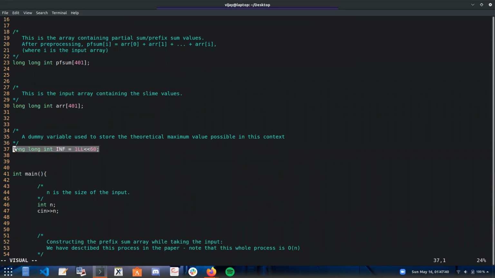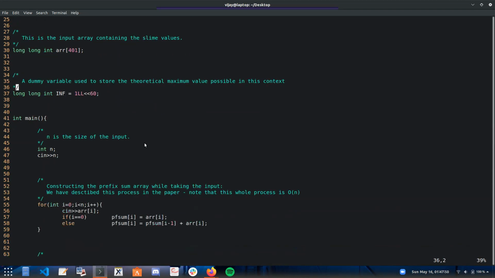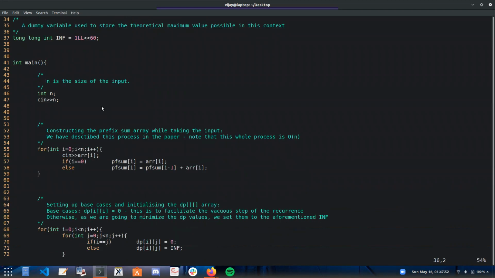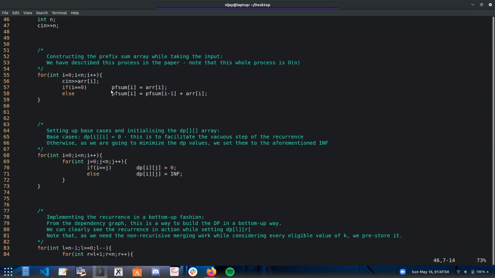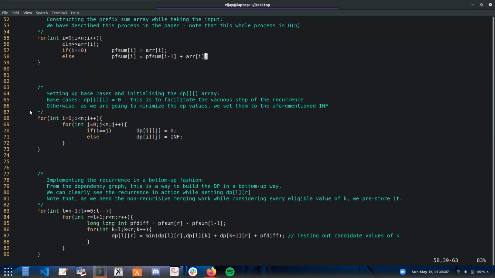This is INF. So as you might have seen over there, you have the infinity symbol in some of the arrays. Those are basically unreachable and those are redundant, but we keep INF over there as a symbol for infinity. So this is long long int. So we take the input as usual, and now this is for the prefix sum. So we know that for any sequence, let's say the sum to n terms is Sn. So Sn minus S of n minus 1 is T of n. So that's what we exploit here and we construct the prefix sum array.